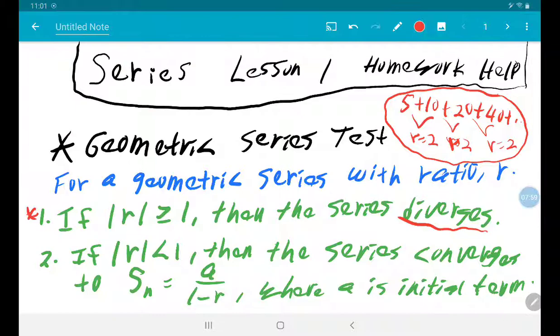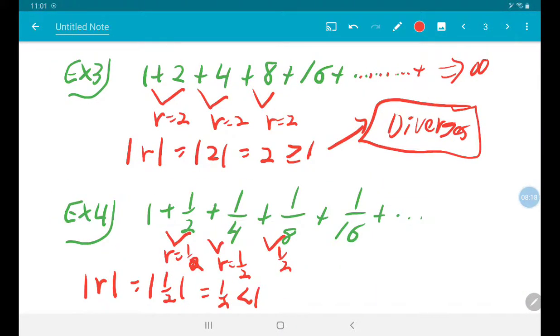Now let me go back. And we know that if the absolute value of the ratio is less than 1, I know, number one, that it converges, but more importantly, I know what it converges to. It converges to a over 1 minus r. So I know that that absolute value of the ratio is less than 1, so I know it converges